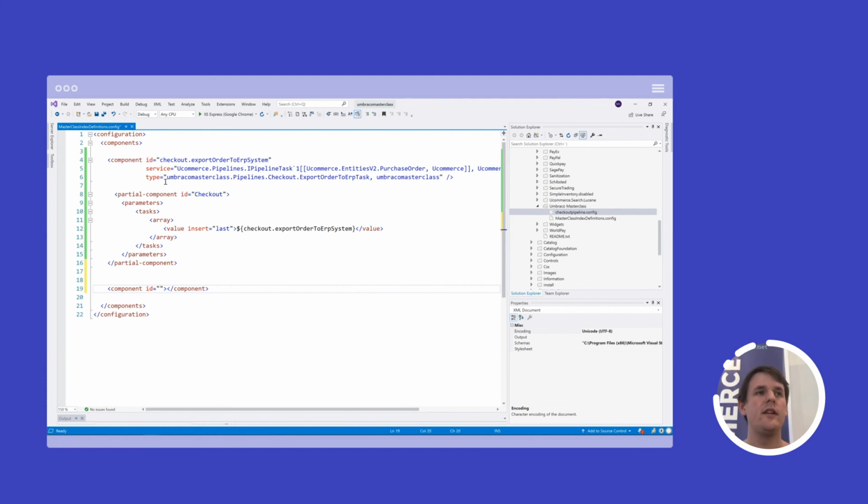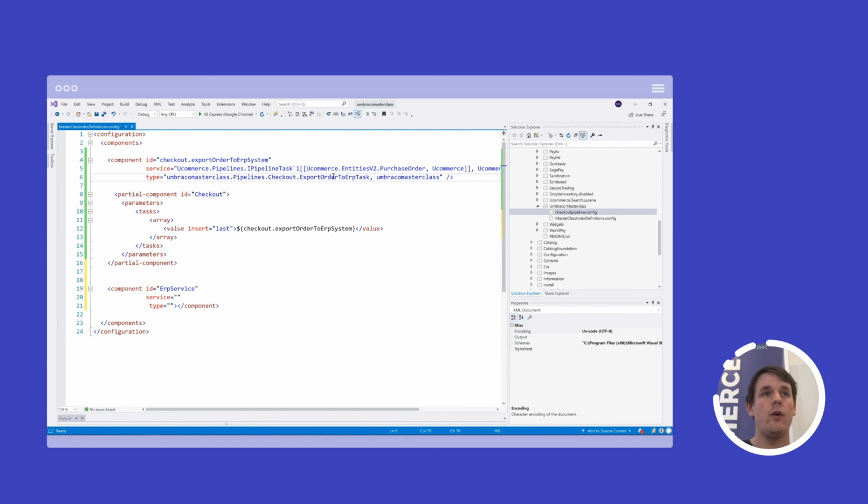Let's call that ERP service. And we need to give it a service, and we need to give it a type as well. Usually the service here is an interface. That's what we have up here, IPipelineTask. But the service that we are registering here is actually what we are expecting in our component, right?